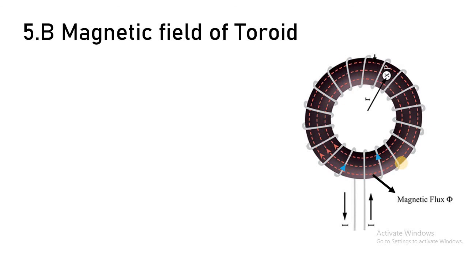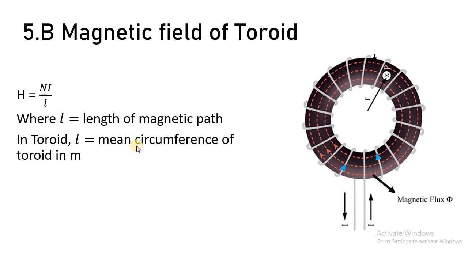Okay. So again in this particular case, we want to find out the magnetic field strength, capital H, which is equal to what? Again the same, NI upon L, where N is the number of turns of the coil and I is the current flowing through the coil. Here the length is different. Here the length is the mean circumference of the toroid, because in the toroid, as per the thickness of the toroid, a number of flux lines will go, and the inner diameter and the outer diameter are different. The inner diameter will have the inner circumference length, and the outer diameter will have the outer circumference length.